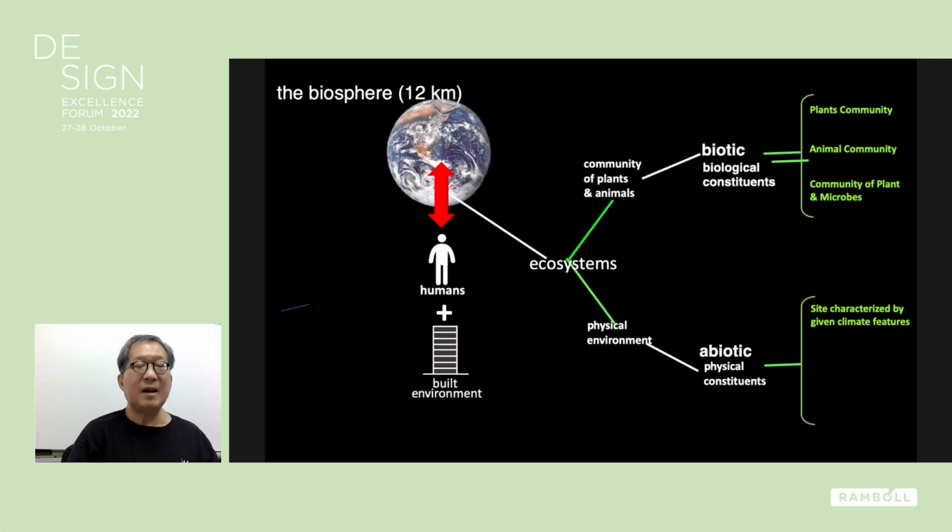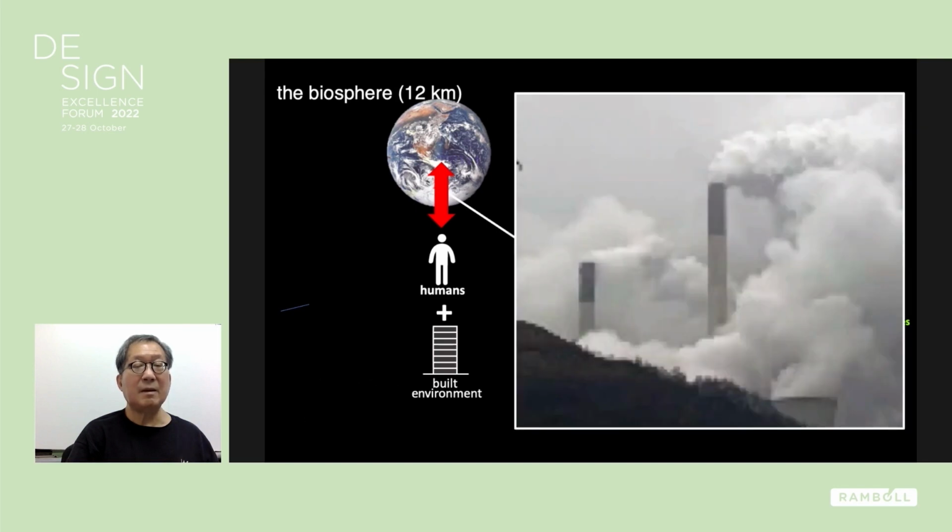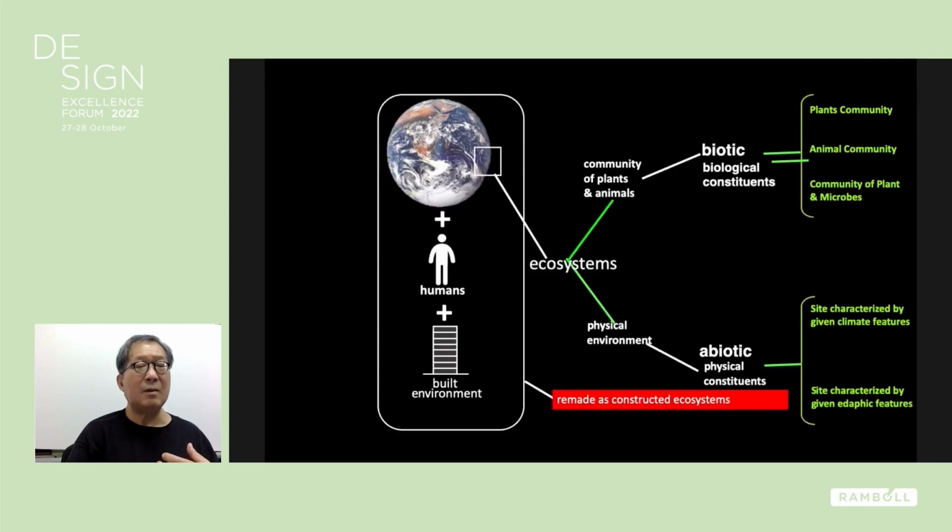But nature doesn't care. If we kill ourselves, all human beings become extinct, nature will continue and will recover. It will do it over time, but it will recover. So nature doesn't really care. So what we're doing in sustainable design is really for the future of human beings and all the species and the environments on the planet. And so we have to be careful of what we do, and we have to start now.